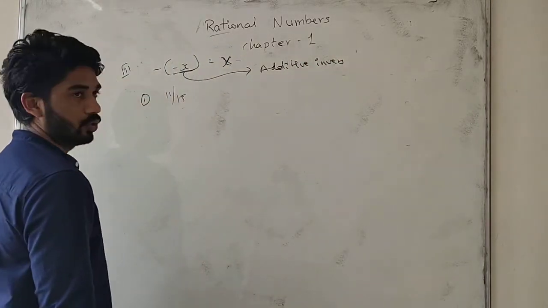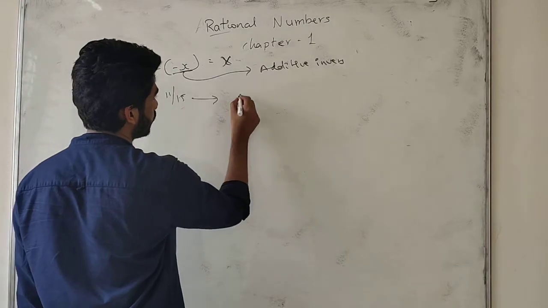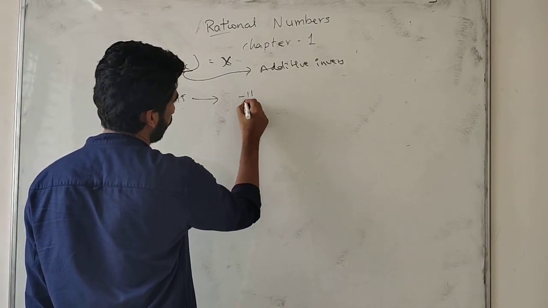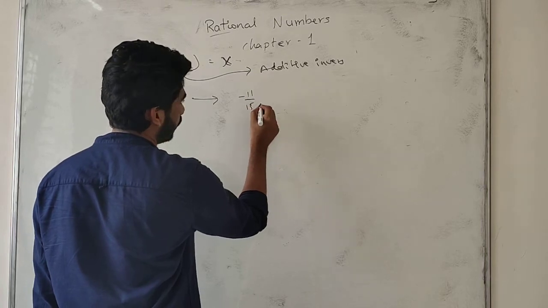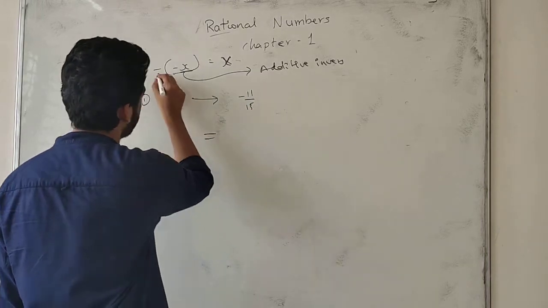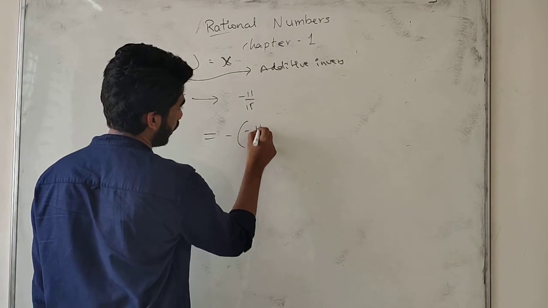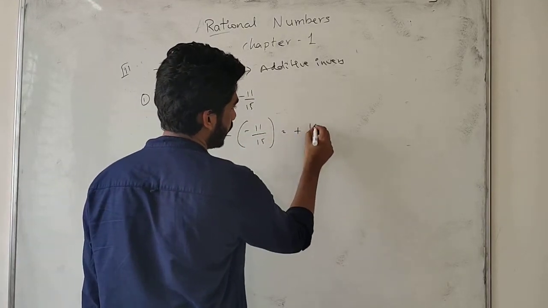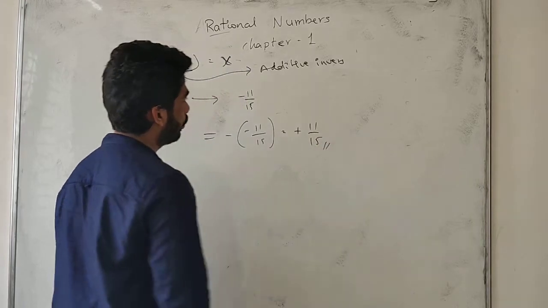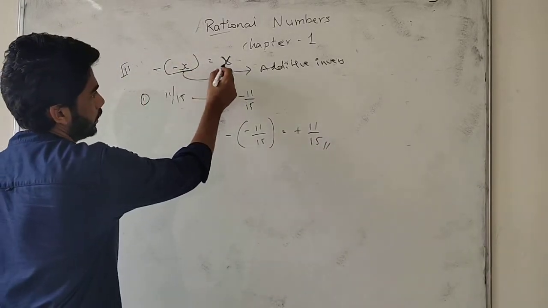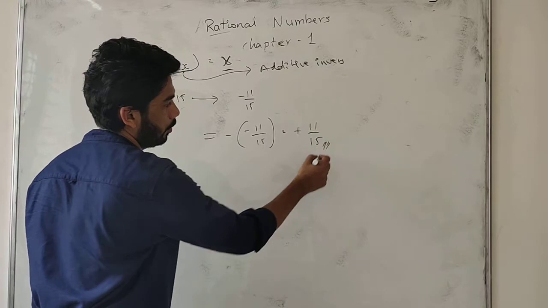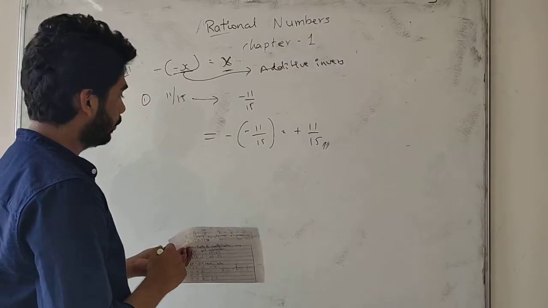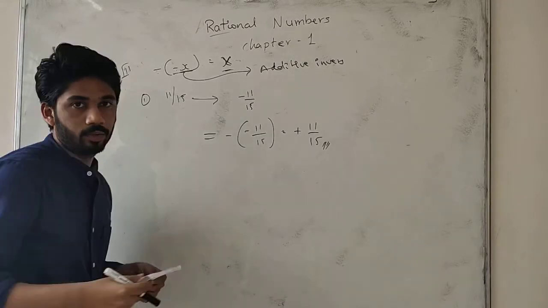So here we are going to change the signs. First we have to write the additive inverse. The additive inverse of this one is minus 11 by 15. After that, next step we have to take minus into minus 11 by 15. So minus into minus is plus 11 by 15. Hence we have proved that minus into minus x is equal to x. So we have proved this one is right. First one is the right answer. Okay, please note it down. I go to the next problem.